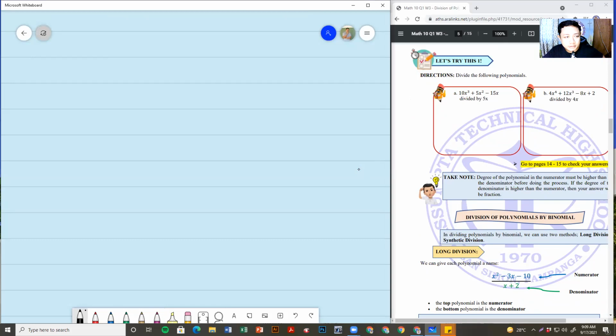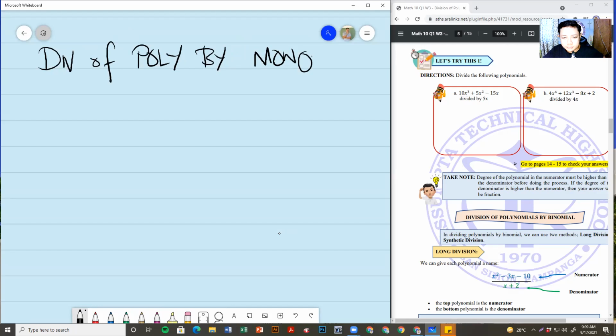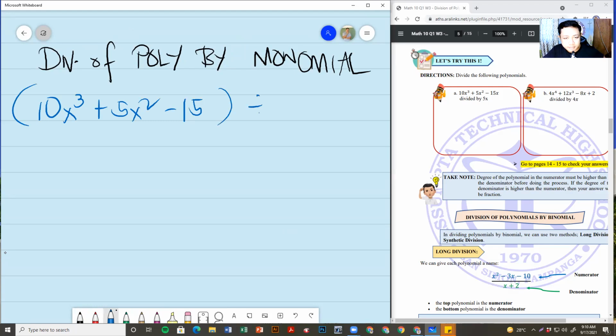Let's have this division of polynomial by a monomial. Finish attempt when you are finished. Okay, this is very easy. Let's have this one. So we have 10x cubed plus 5x squared minus 15x divided by